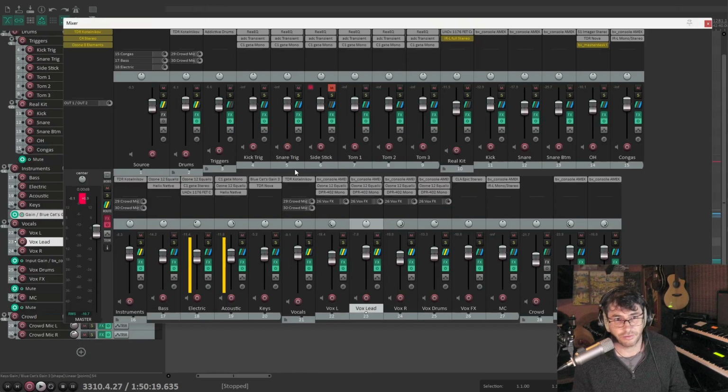Sort of after I've got each channel sounding how I want it to sound, I'll do slight adjustments to the mix to make sure that everything is balanced correctly, and then probably go back to a lot of the EQs and do fine-tuning adjustments to just make everything sit together a bit better. So yeah, that's how I've been doing the